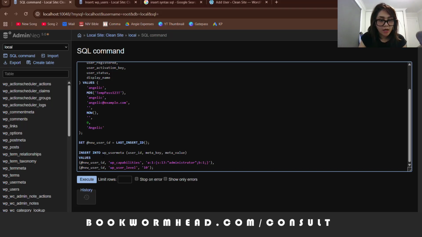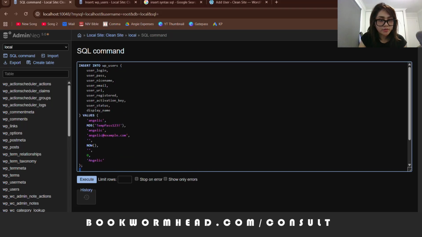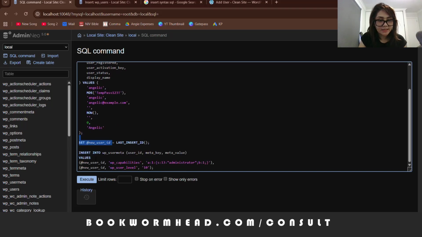So we are targeting the WP_user meta. And by the way, when you are doing this, make sure that you also set the right meta table. Okay, so we are using WP_table for this. And then the user ID, and then user meta, then user value. So what it's basically saying in here is we are setting this new user in here. Okay, so we are connecting it. So new user,